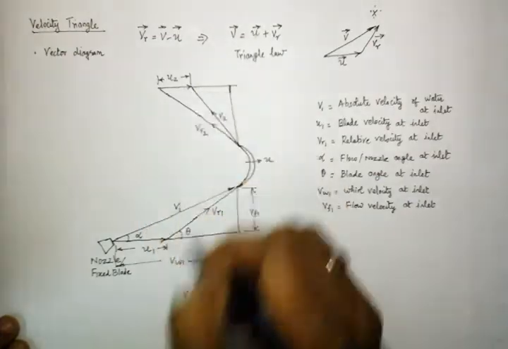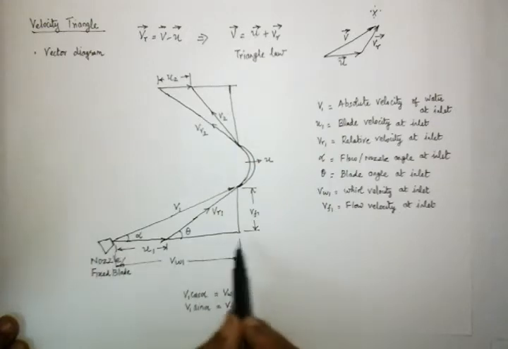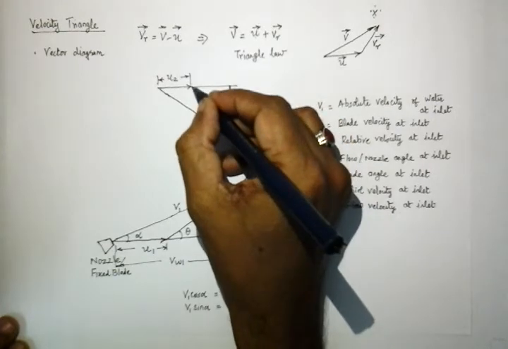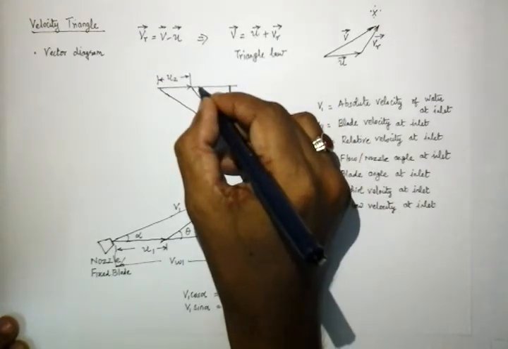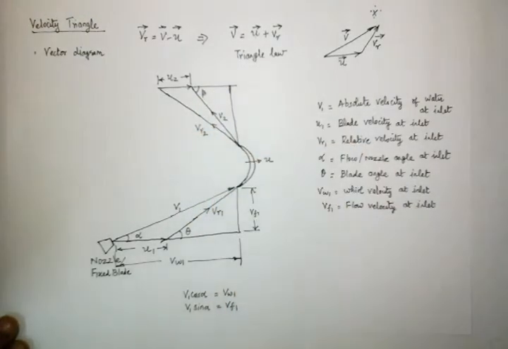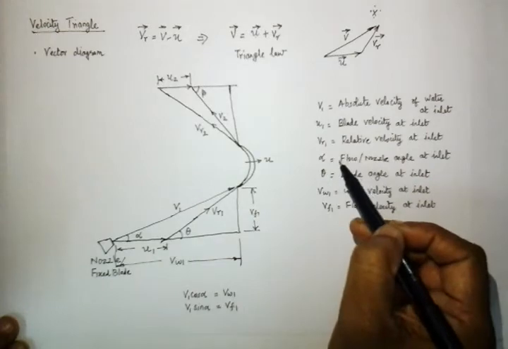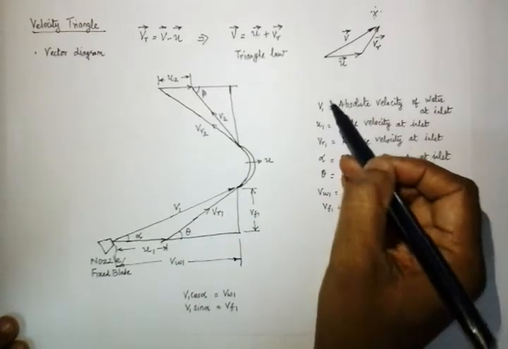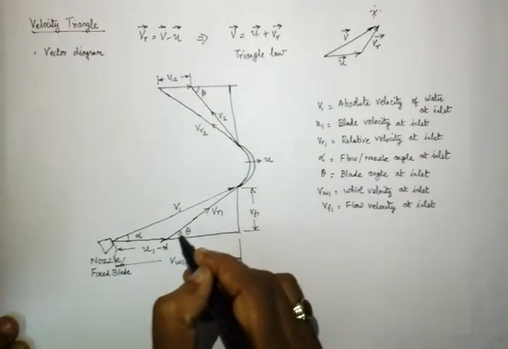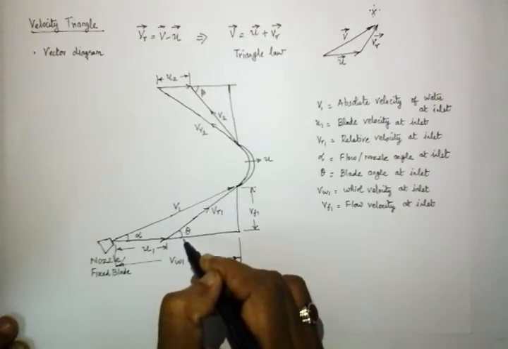Now you will have the angles formed by the absolute velocity and the relative velocity in the direction of the blade, as mentioned before. The angle made by the absolute velocity in the direction of the blade is here. The flow angle at inlet is alpha, and the flow angle at outlet is similarly defined. Flow angle means it is with respect to the absolute velocity of the liquid jet. Similarly, the angle made by the relative velocity depends upon the blade profile, so it indicates the blade angle.